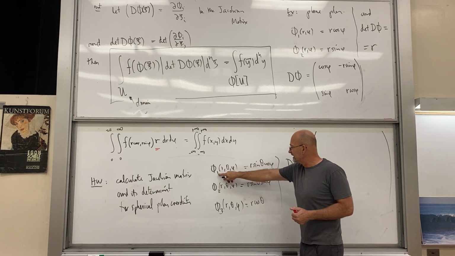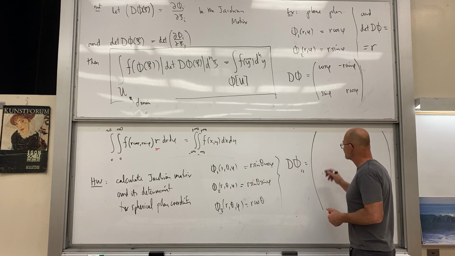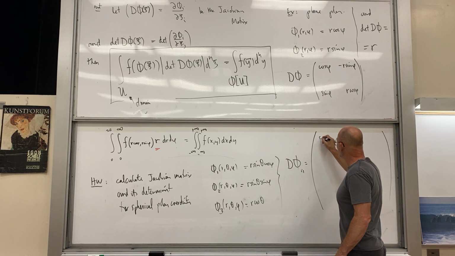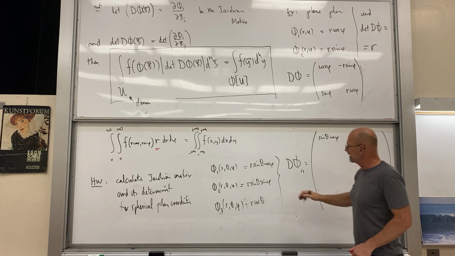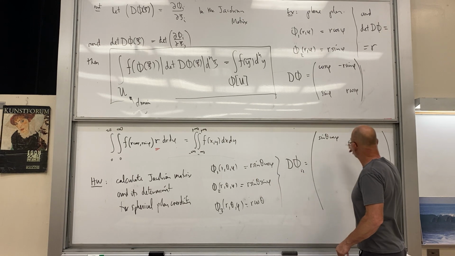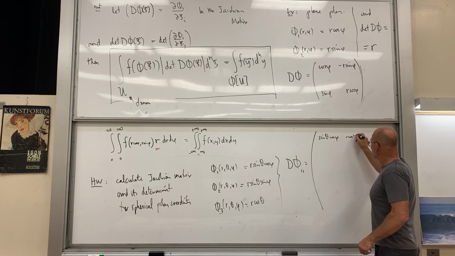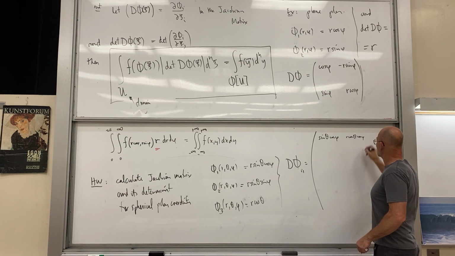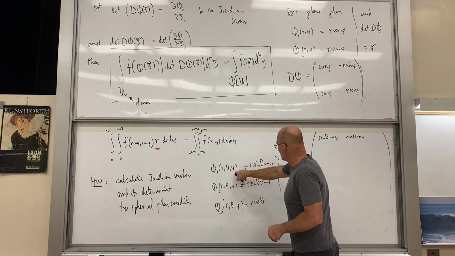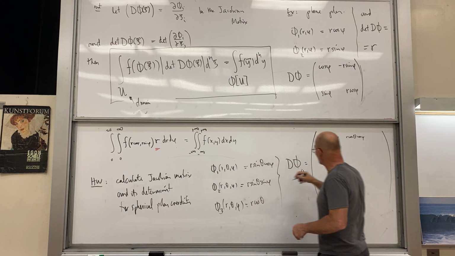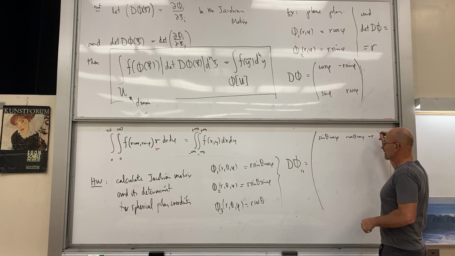So d phi 1 dr, we get sine theta cos phi. D phi 1 d theta, we get r cos theta cos phi. Guess you need a bigger matrix here. D phi 1 d lowercase phi is minus r sine theta